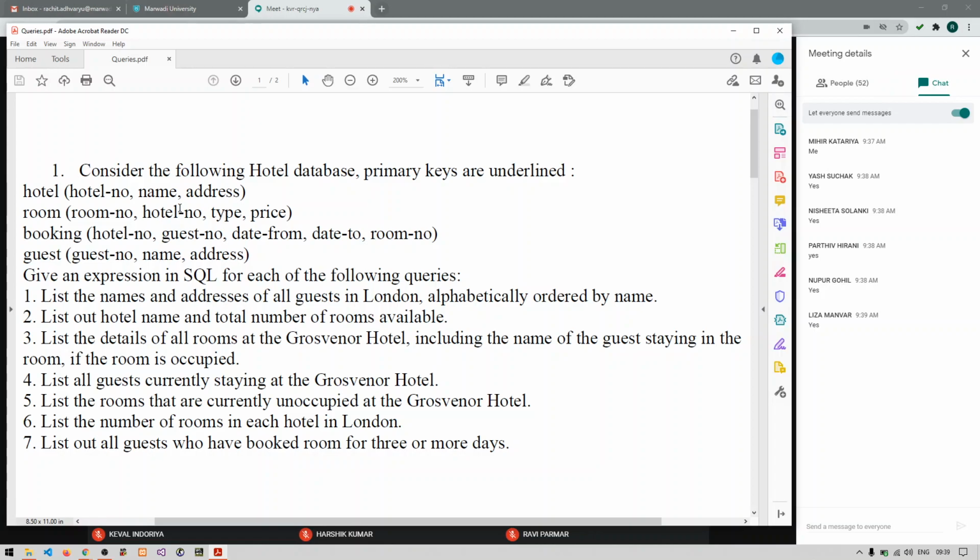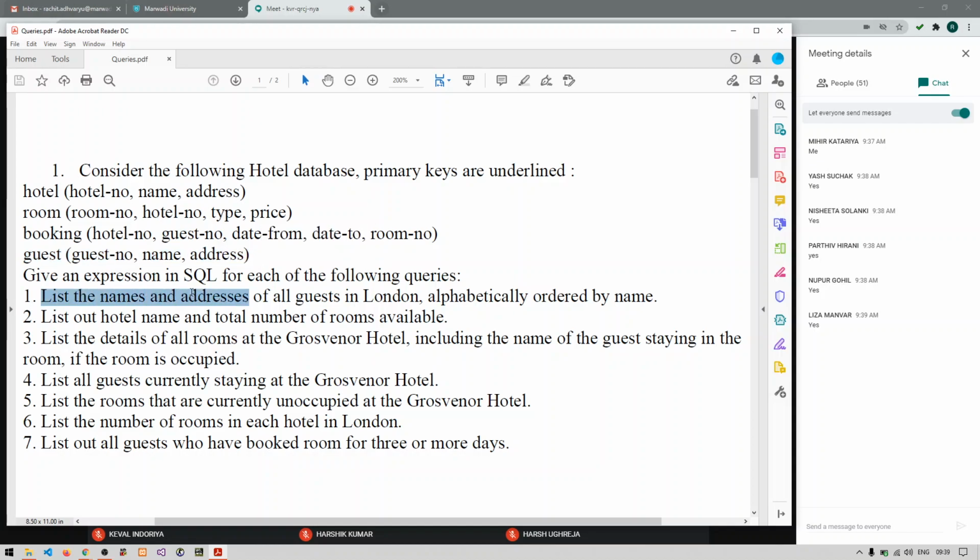So now consider that you have a hotel table with these attributes, a room table with these attributes, a booking table with these attributes, and a guest table with these attributes.